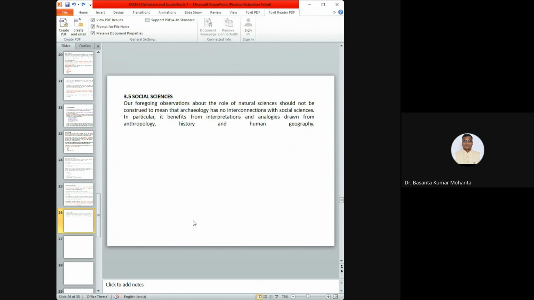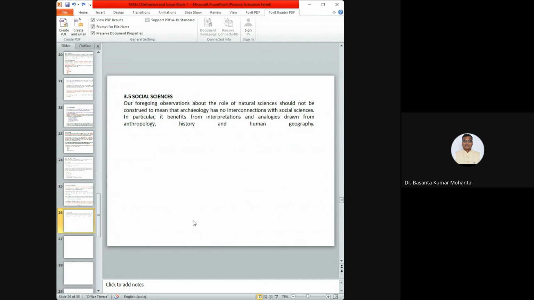But in archaeological anthropology, we also study the past, but the emphasis is on past material culture. So both are studying the past, but the emphasis is slightly different from one to another. But the area, what material they are studying, is the same for both. The relationship of anthropology we already discussed in the interdisciplinary study.